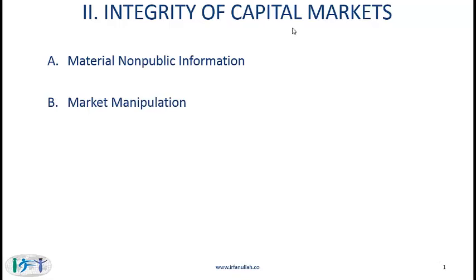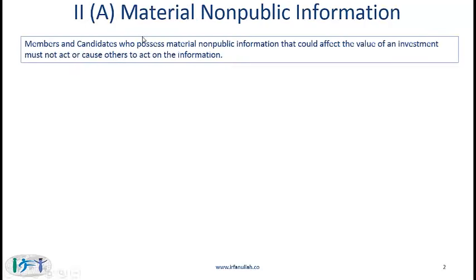Standard 2, integrity of capital markets. Here we have two standards, 2A, material non-public information and market manipulation. Material non-public information. Members and candidates who possess material non-public information that could affect the value of an investment must